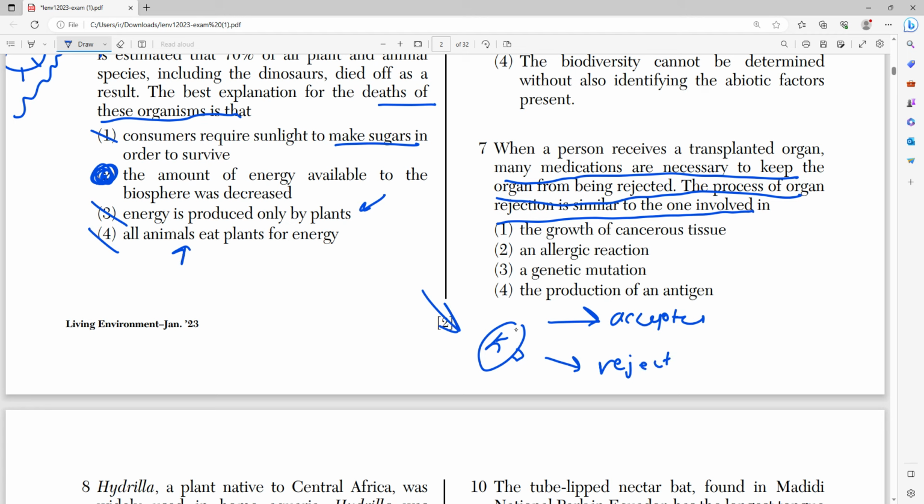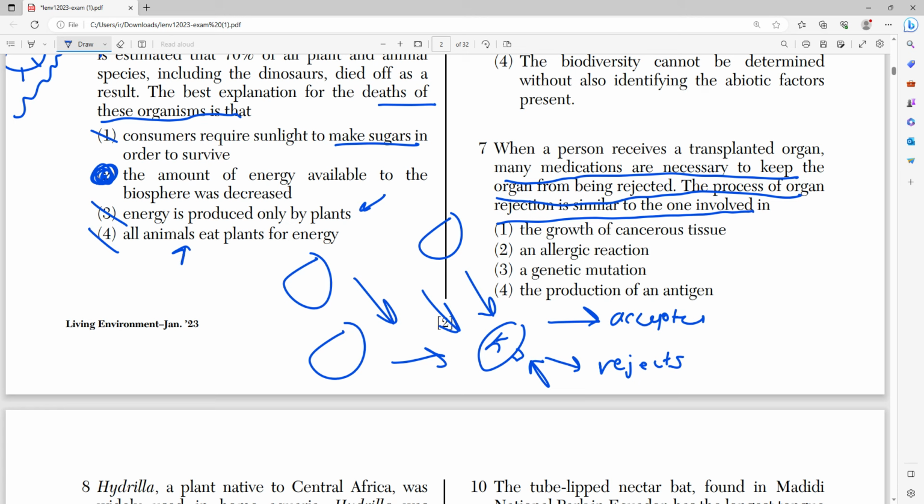And what happens when it rejects it? You're given this new kidney, your body looks at it and says, hey, this is a foreign body. This was never here until this point. This is foreign. This will hurt us. This will damage us. This doesn't belong here. And what your body does is it sends out white blood cells. It sends out immune cells to go and destroy that kidney because it doesn't think that it belongs there, right? It's a foreign body.